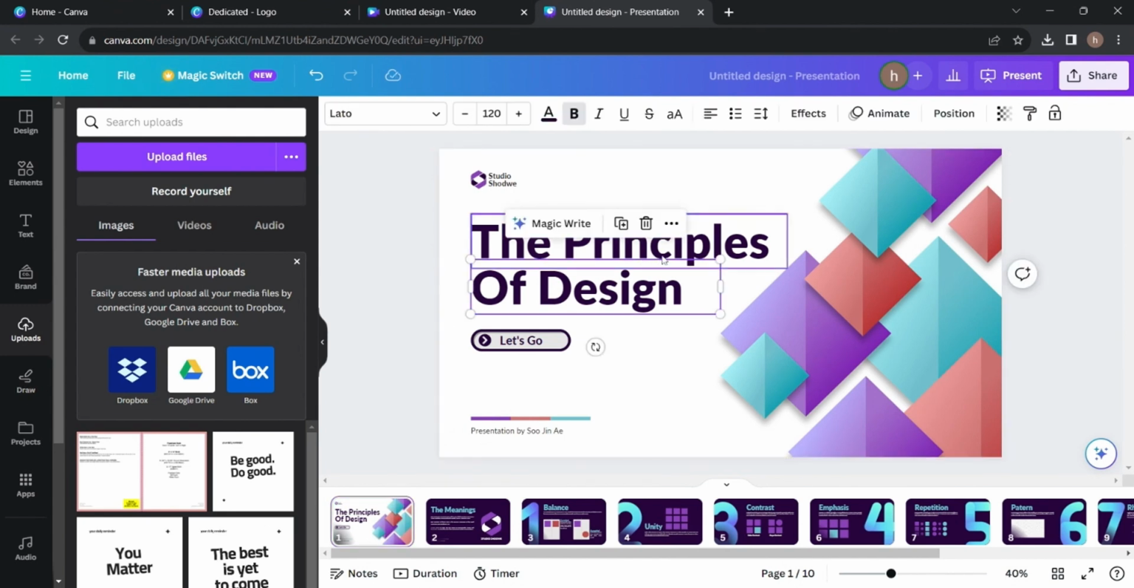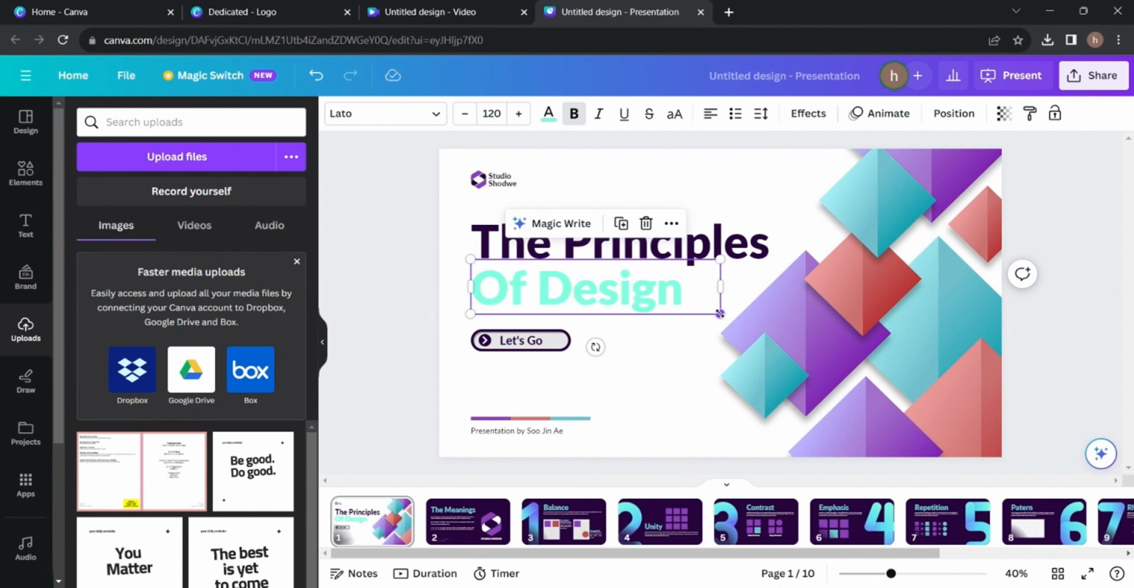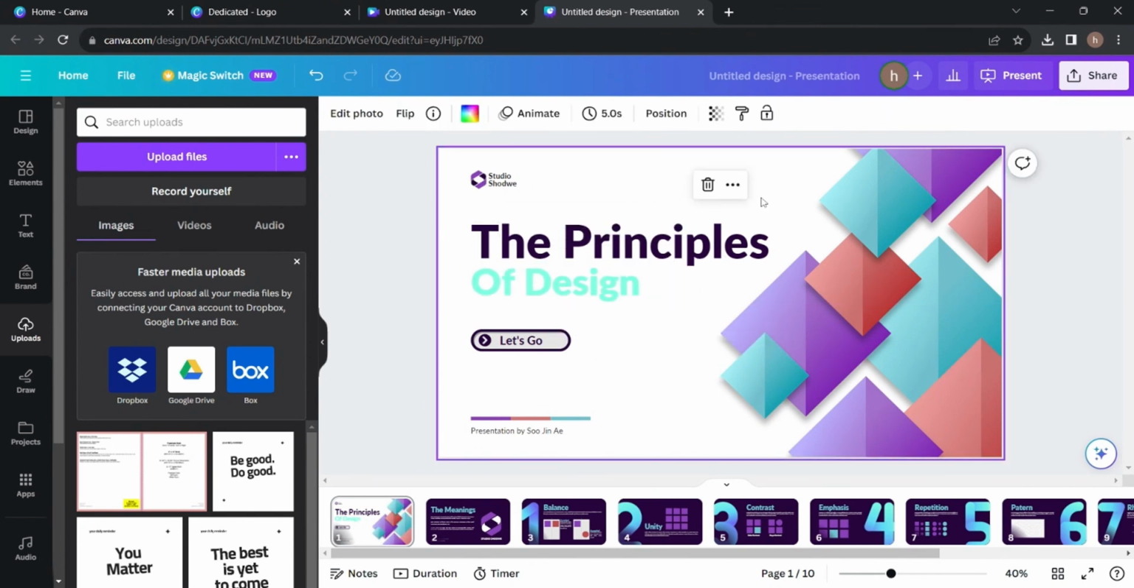For example, you want to change the color of the words off design. You click on off design, click on text color, and I want to make this blue. And I want to make it smaller than the principles. And if you want to change the background of the presentation, I haven't shown you that before, you can just